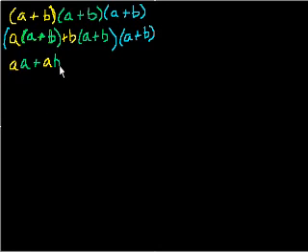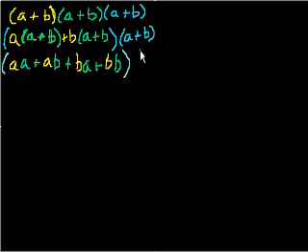And then we have plus b times a, plus yellow b times green b, and then all of that, we're almost there,